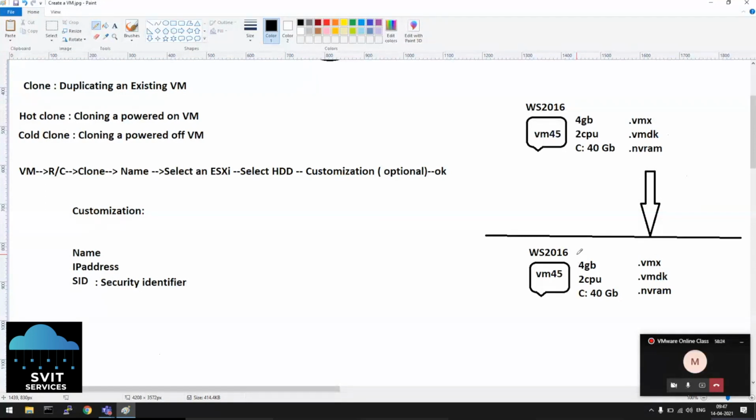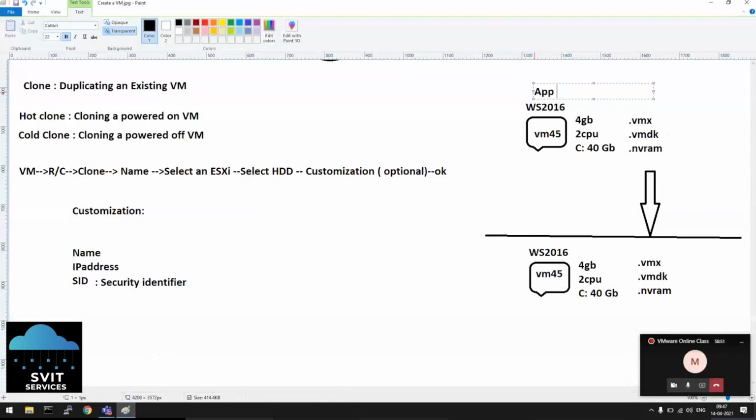But in some cases, like on weekends, if it is a very critical application, they will be applying patches or some critical changes inside that application. If they feel it's not safe to apply, since we don't know how it behaves after applying the changes, they create a clone of it, an exact copy and paste without customization. Everything as it is, we copy paste.